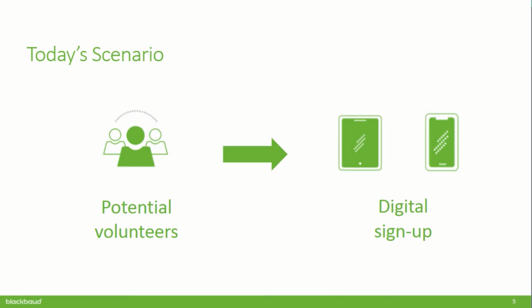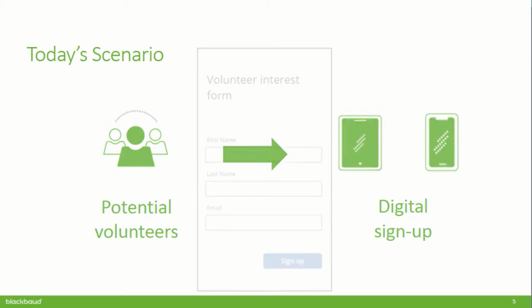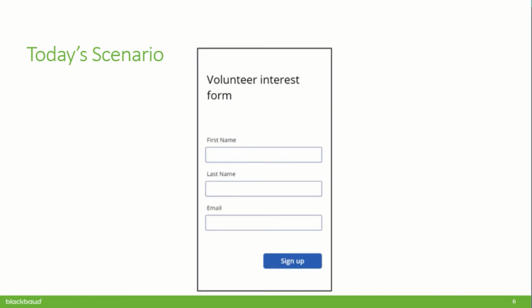And so that's why we're going to build a volunteer sign-up form that's connected right to Raiser's Edge NXT. Today's scenario is a very, very simple volunteer sign-up form, just 3 fields and a submit button. But again, as I emphasized, the important part isn't just that it captures information and doesn't require deciphering handwriting, but it also can hook up directly into your database, which is a real value add and saves a lot of time.